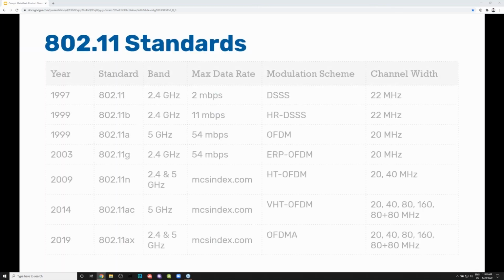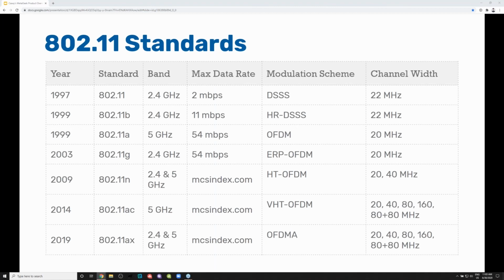Just a quick note on some of the standards and the history a little bit. Really the important takeaway from this slide is looking at the modulation scheme. When you see this DSSS modulation scheme with the spectrum analyzer, it kind of looks like this hill or curve shape, kind of like this. It's going to be about 20 megahertz wide, actually, no, not DSSS, will only be 20 or 22 megahertz wide. And again, it kind of looks like this curve shape. If you see this curve shape, then you know that these lower data rates are being used,